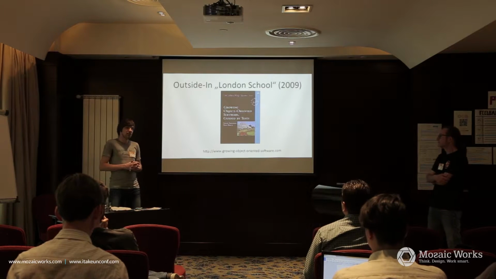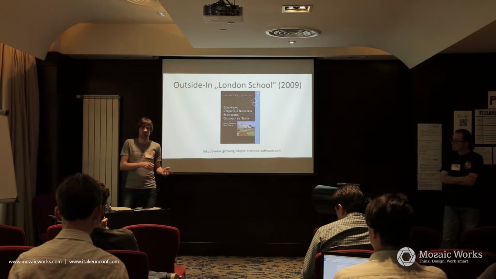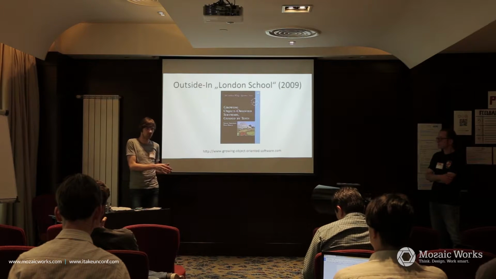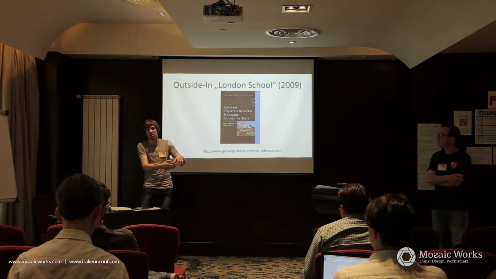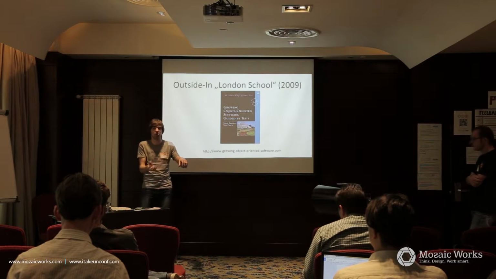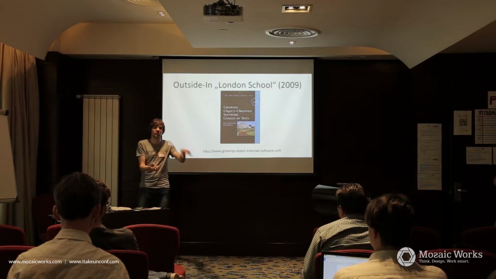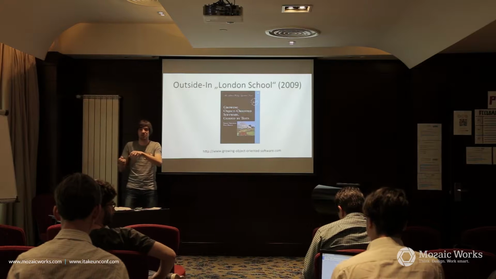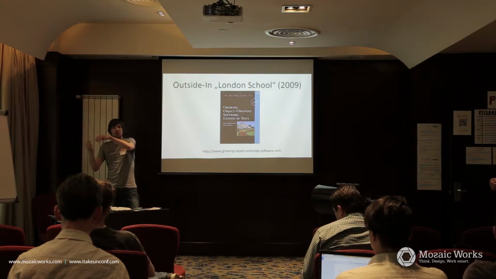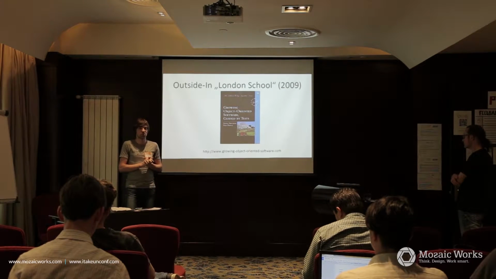In classical TDD, you start writing your units from the innermost units, which are independent from the rest of the source code. So you write the test and the code, and then you go to the next outer units, which collaborate with the innermost units, write the test and the code using the innermost units you have already written. And then you go up the layers in your software until you come to the client, and then you should be finished. This has some disadvantages.